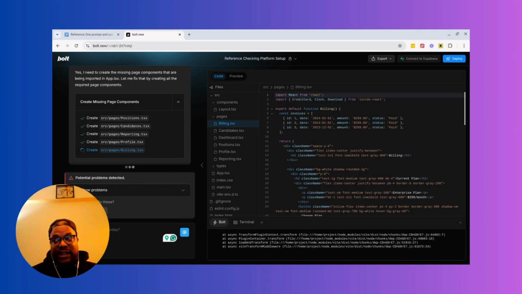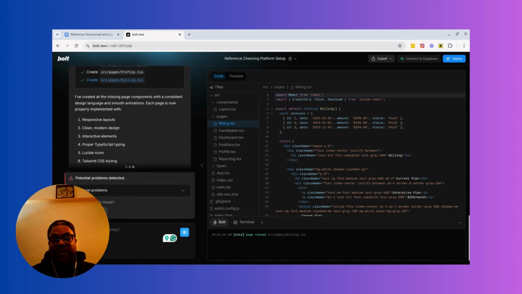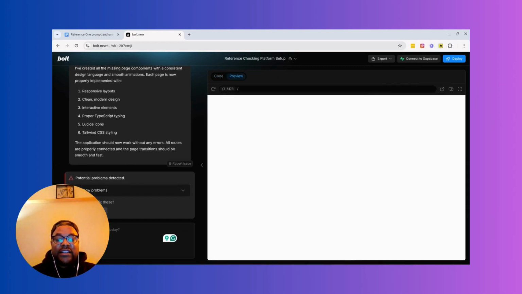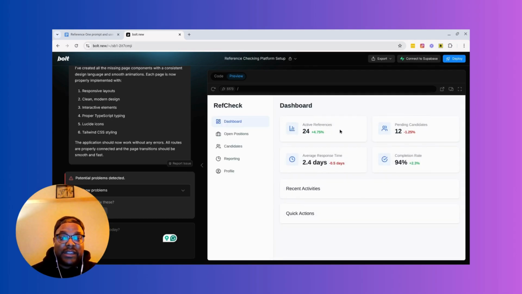And that's why you want to give it some type of UI direction. So it might be something like, if you want something to look like Notion or Cash App, you might take a picture and say, hey, I want it to look something like this. Okay, so this is kind of basic.